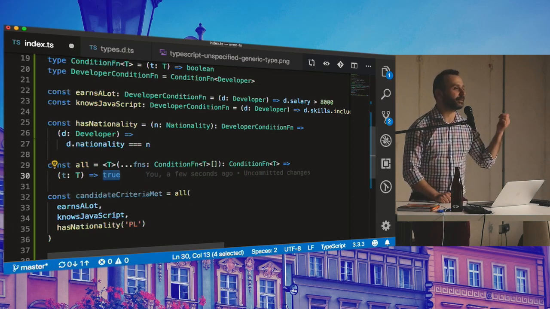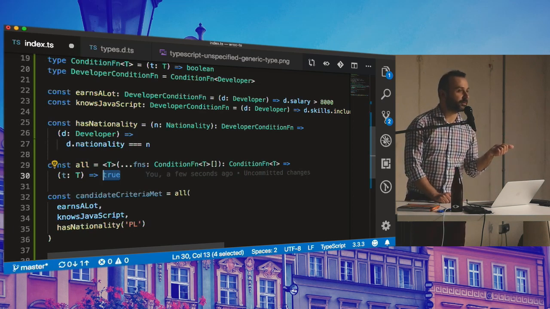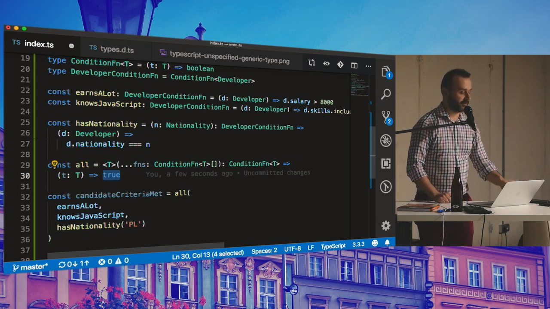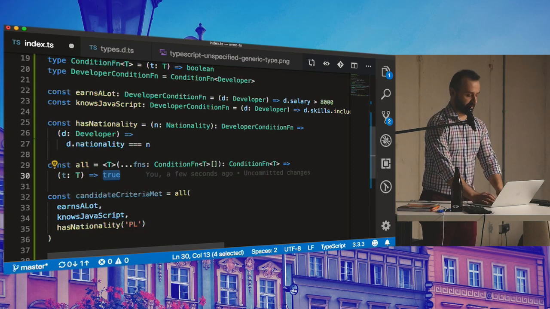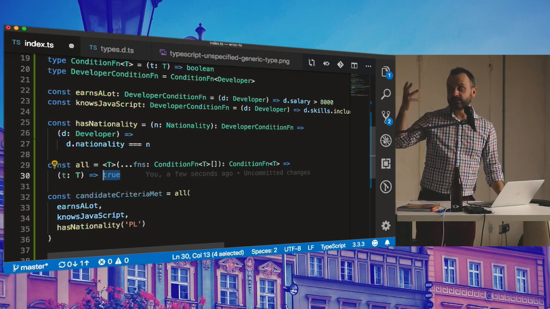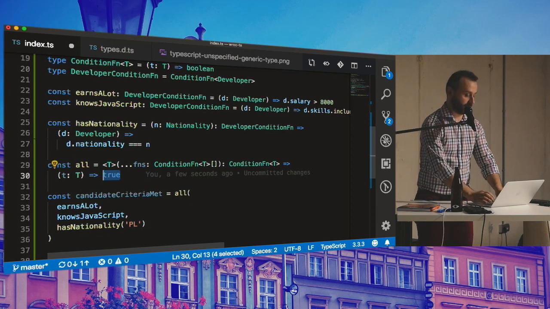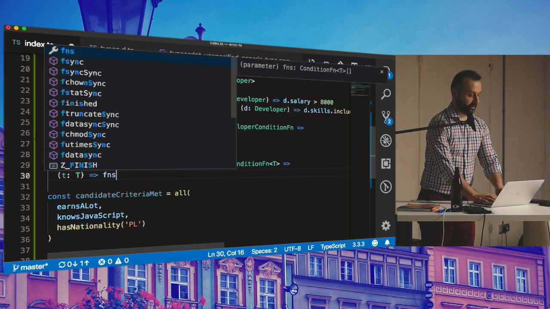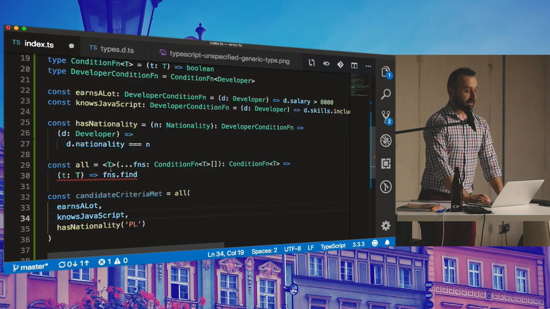We might do it with reduce, of course, find, every, sum, recursion. The one I like the most is actually find. All of them make sense, and it's a very good cognitive exercise to find out how to apply them. But basically, if we take find, for instance, the nice thing is that all the conditions are